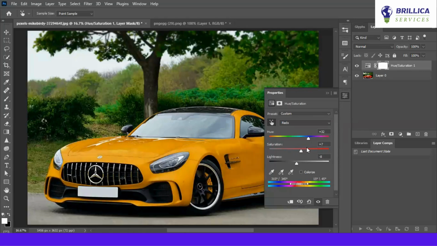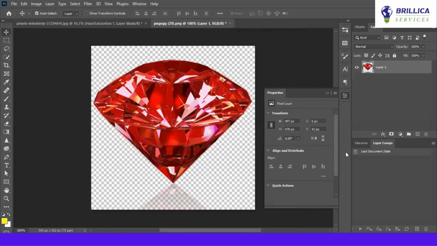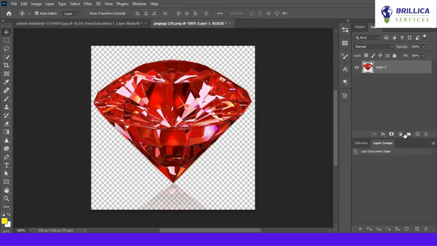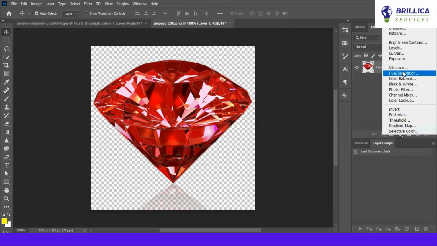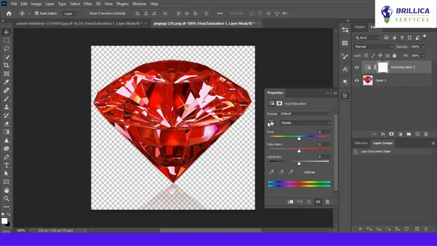It looks like this one. Okay, let's try on another image. So we have one diamond. Let's do the same here. So go to Hue and Saturation, then click on the hand tool and pick the red color